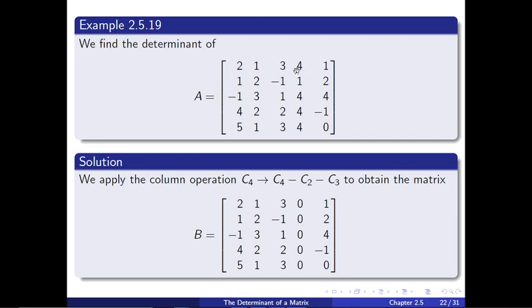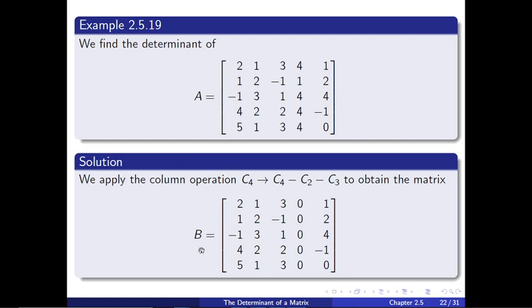third column. 1 plus 3 is equal to 4. 2 minus 1 is equal to 1. 3 plus 1 is equal to 4. 2 plus 2 is equal to 4. 1 plus 3 is equal to 4. So if we do a column operation which says C4 goes to C4 minus C2 minus C1, we get